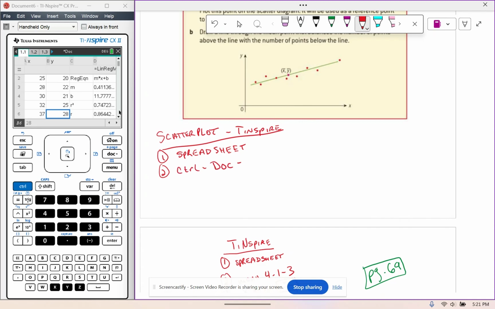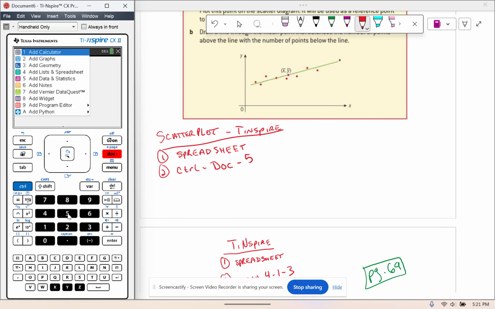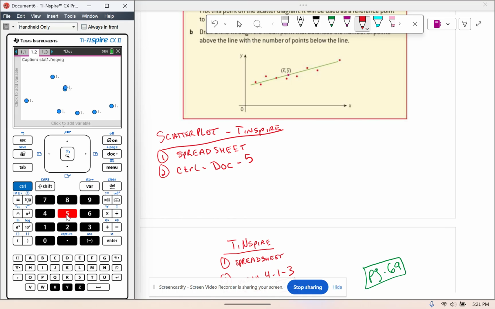Doc 5. Control Doc 5. And when you do this, this is going to be pretty cool right off the bat. So you do Control Doc, and you press 5. And boom, it kind of gives you a crappy scatter plot. So here's the problem. You have to, from here, is label